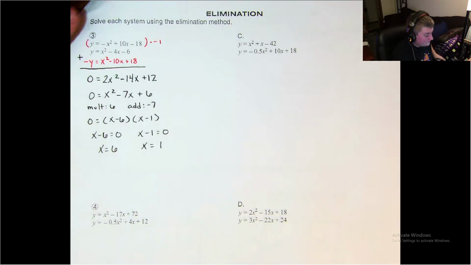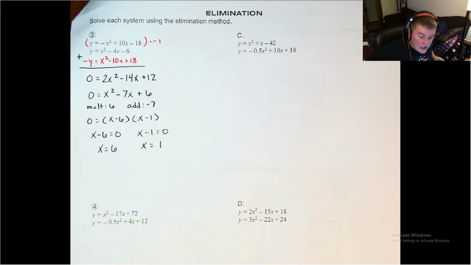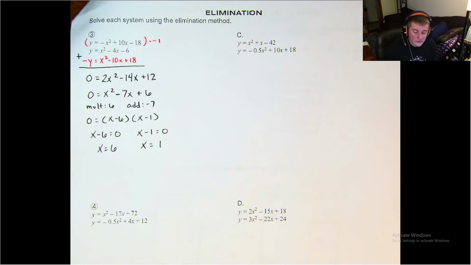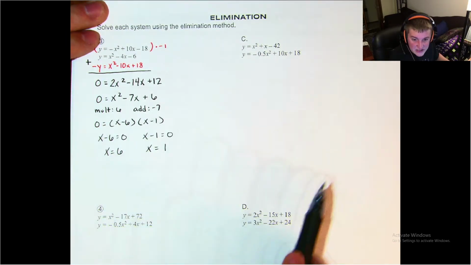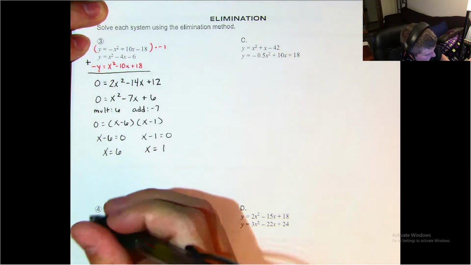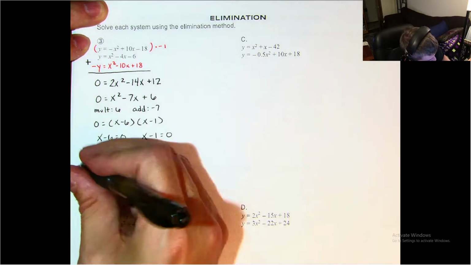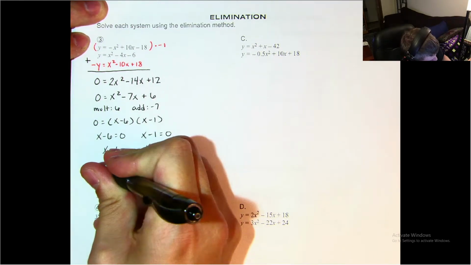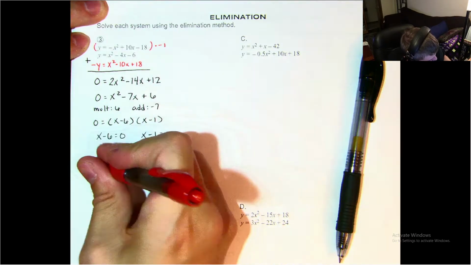Okay, next, just like the previous one, we have to solve for y. We have to figure out not only the x coordinate where these curves are going to cross, but we're going to find the y coordinate as well. So I just need to plug it into either equation. I'm going to use the bottom equation. It seems easier with this less negative here. So again, we can just plug in 6 into the equation. So y equals 6 squared